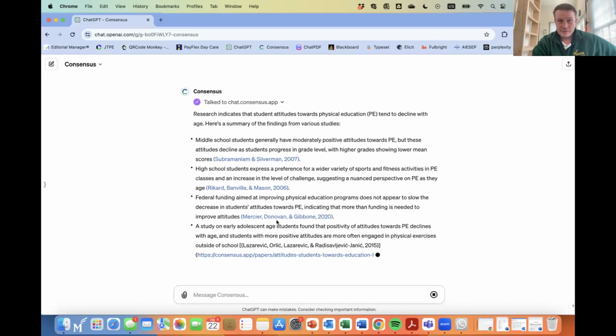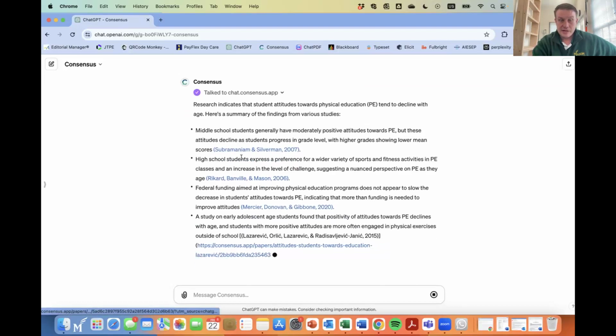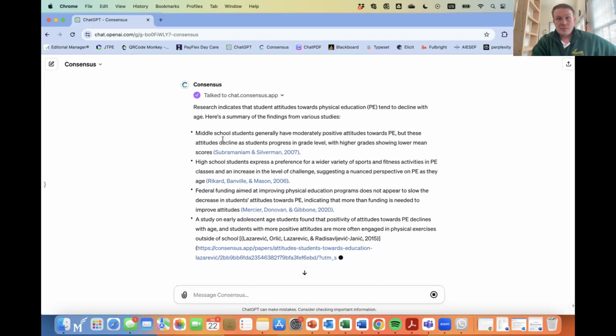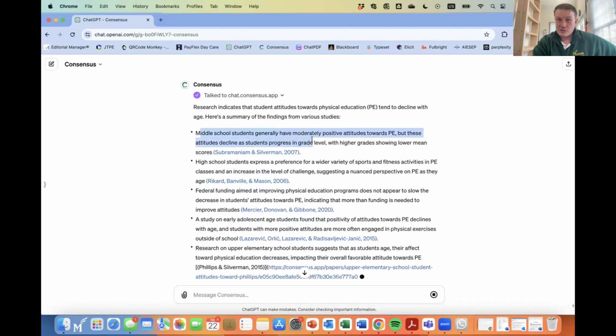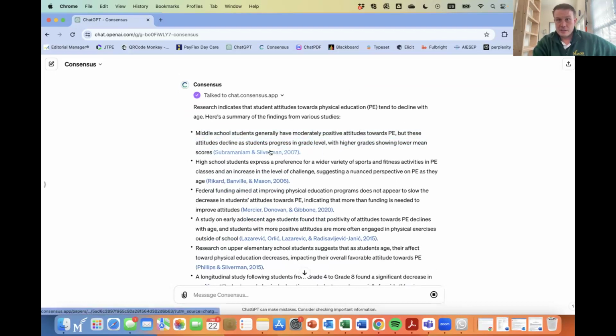But like I know this paper, and if I'm looking at middle school students generally have moderately positive attitudes towards PE, but these attitudes decline as students progress in grade level with higher grades showing lower mean scores. I can click on that and it takes me to Consensus, which is the actual website, and then I can interact with that paper and other papers more specifically.